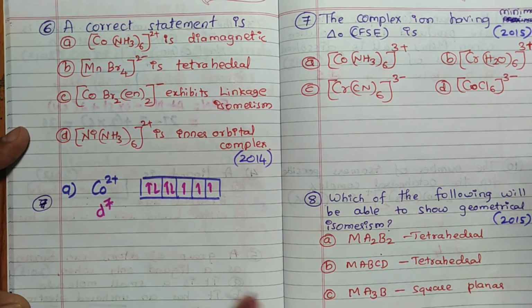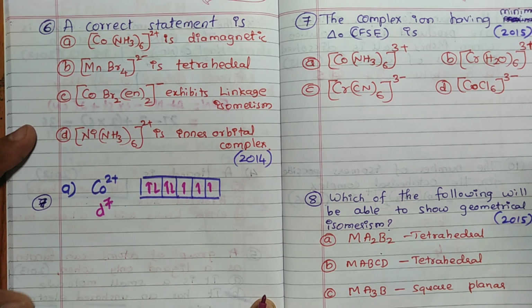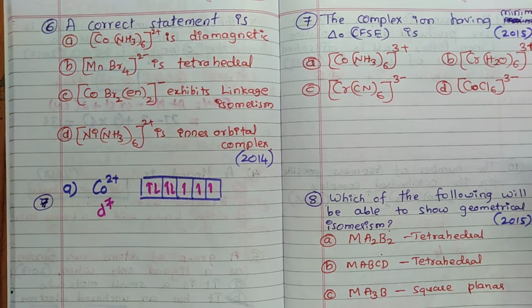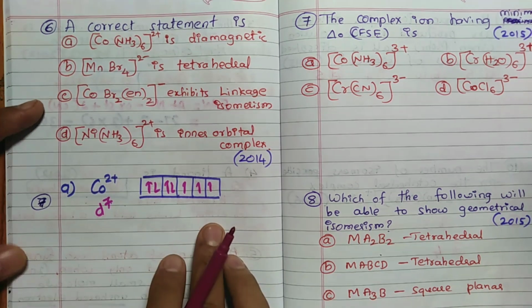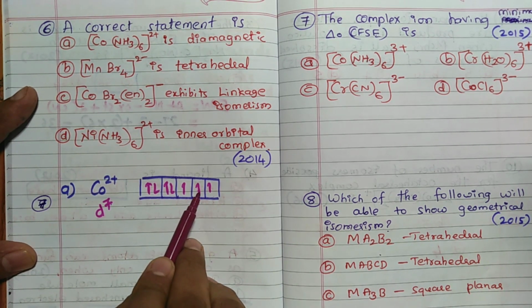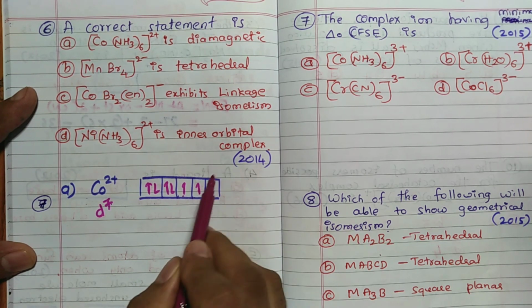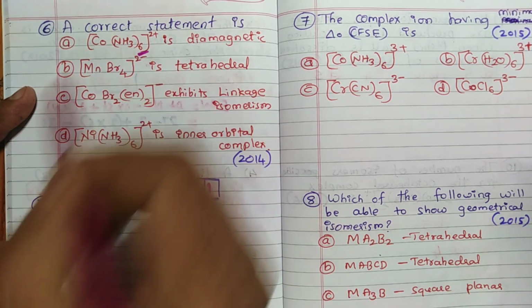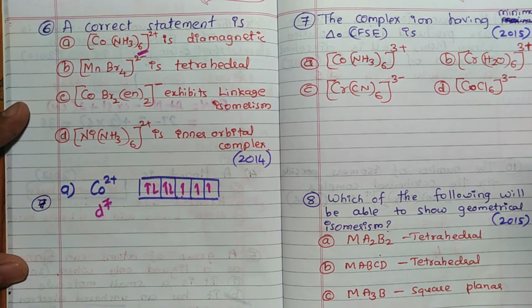Now you can say NH3 is a strong ligand. Pairing takes place whenever there is an opportunity, which means if it is required, it will pair, otherwise it will not pair. Just imagine NH3, a strong ligand, will pair the electrons. If it pairs, this electron will come here, it will pair, and this will come here. Which means how many orbitals are left here? Only one d orbital left. Now tell me, 6 is the coordination number, the number of ligands is 6.